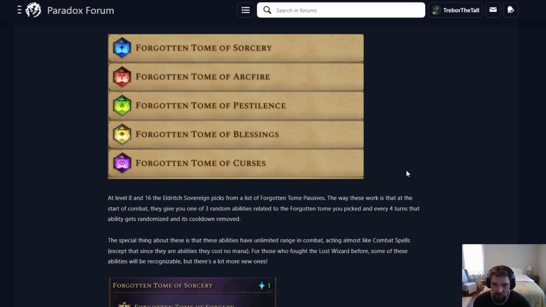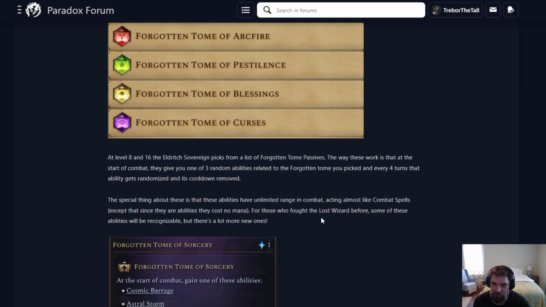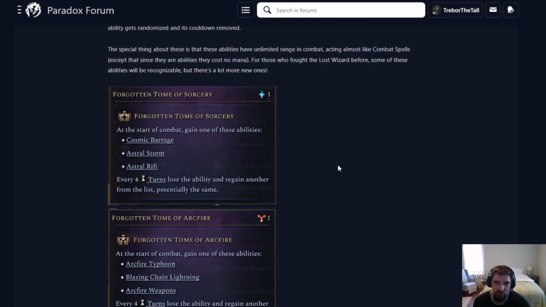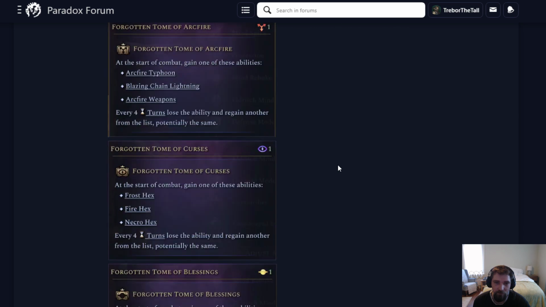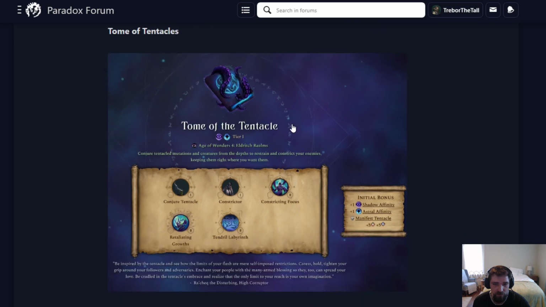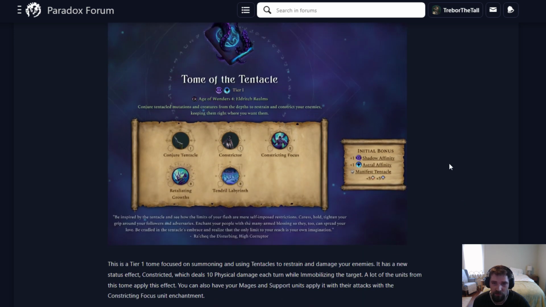So they have unlimited range on a lot of the abilities, or all of them maybe. Interesting. So they're a lot like the Lost Wizards, those are different than Mage Bane. I think somehow they're related to one another, but I forget the exact connection. I mean, we can speculate on what these do, but I think at this point, you can just say they're here and move on to the tomes, like the Tome of the Tentacle, where they talk a little bit about